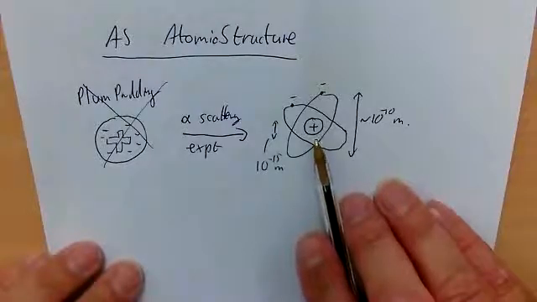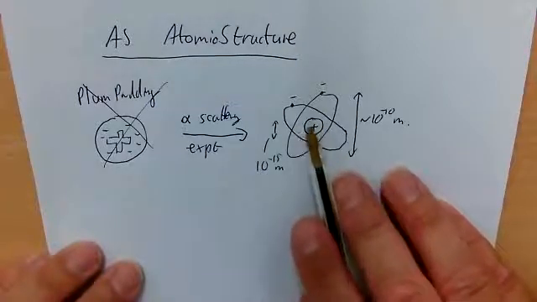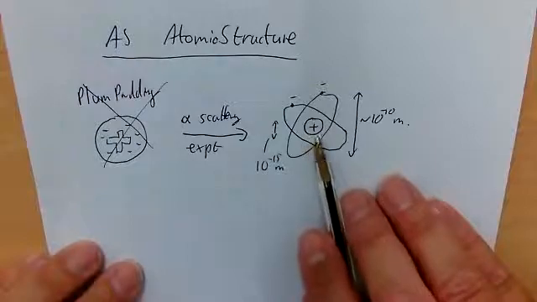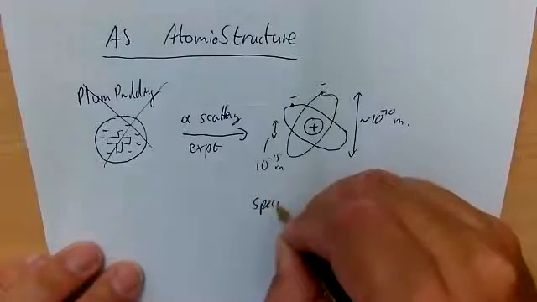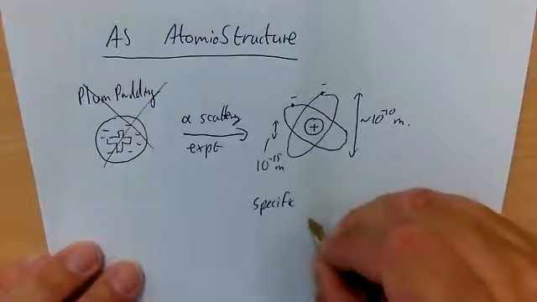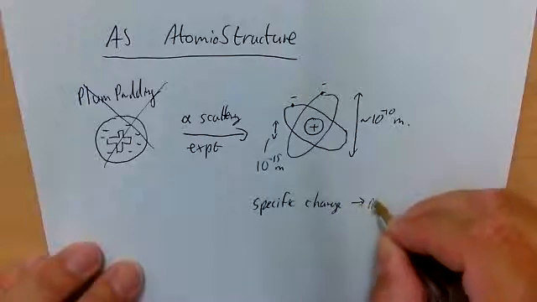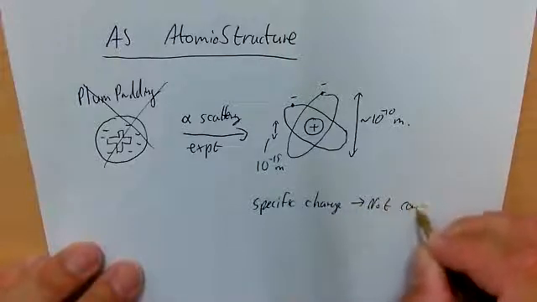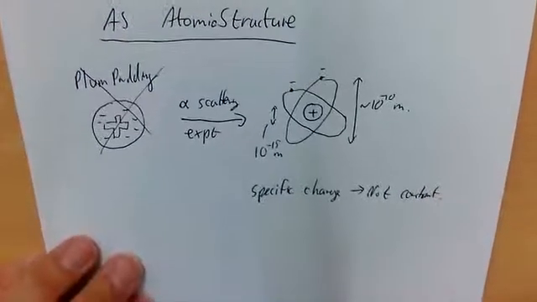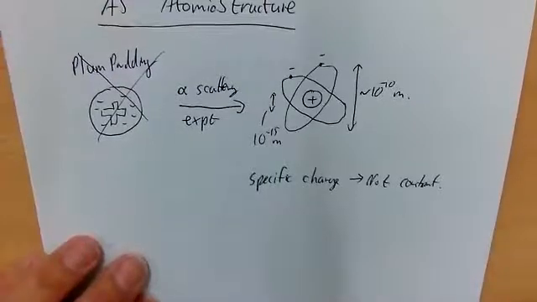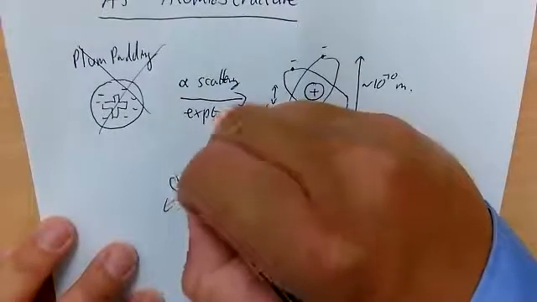The problem with that was that it wasn't just one type of particle in here. Rutherford knew this because he measured the specific charge, which is the charge to mass ratio. Specific in physics means per unit mass. And it wasn't constant, which would imply that there's more than one type of particle. So Rutherford predicted the idea about neutrons, but I'm not going to go into the experiment because you don't need it, it was actually the work by Chadwick,